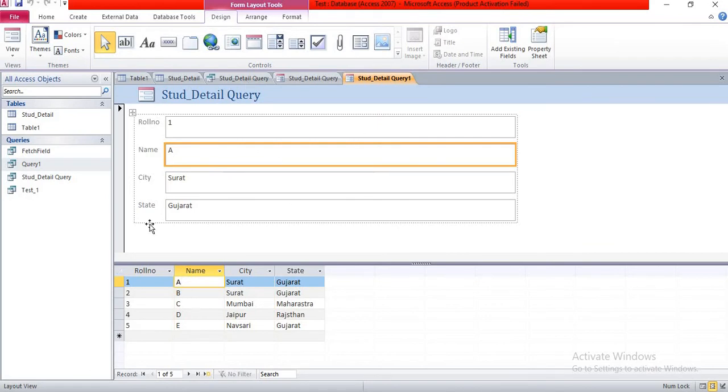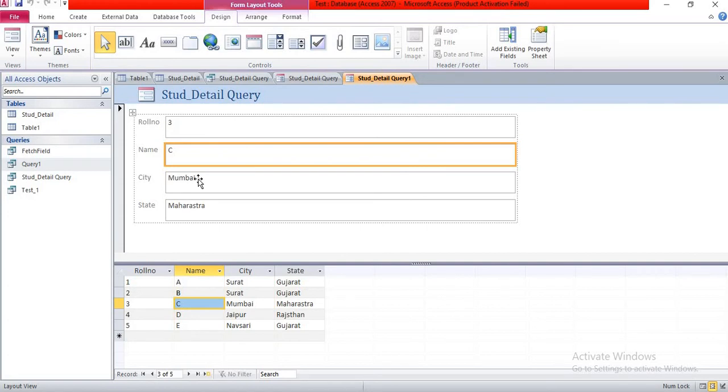Now see here, our cursor will be on the first record. Now suppose I click on the third record, so here you can see our data will be changed in our form. See, I am clicking on the fifth record. Here you can see the fifth record, first record, second record, third record.